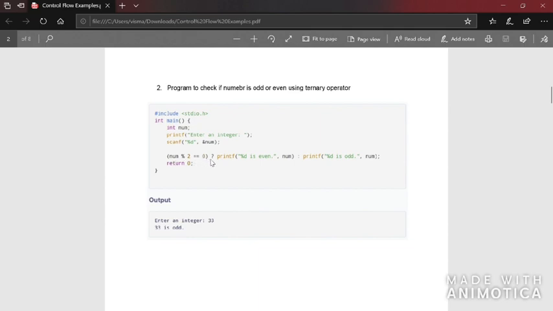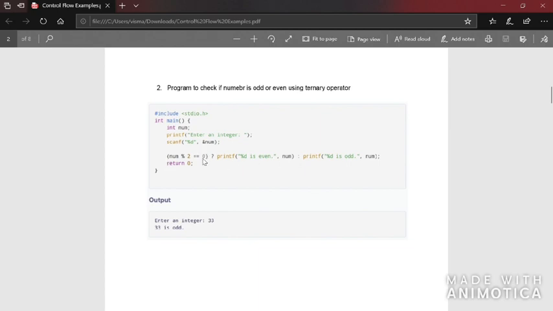Then you can see there's a question mark, and then there is a printf statement. After a colon there is again a printf statement and a semicolon. What happens here is, if this condition is true, the statements that come after the question mark will be executed. Whereas if the condition is false, the statements which come after the colon will be executed.